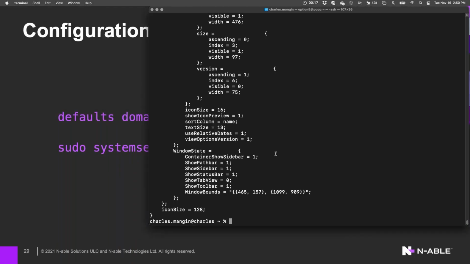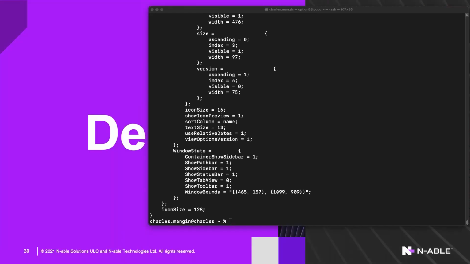So what I can do is find the right line for my Finder preferences here, which is, there we go.